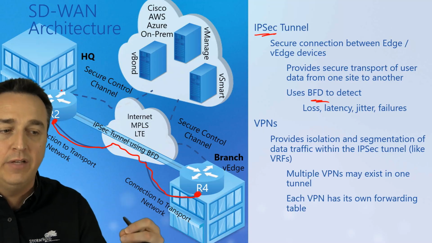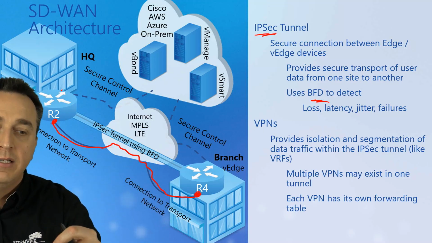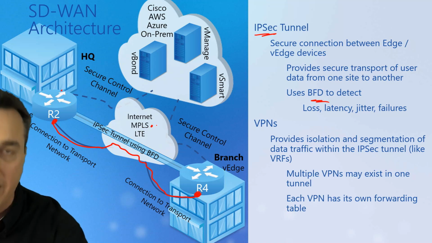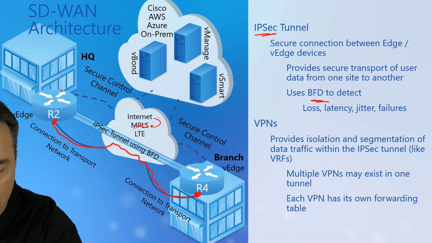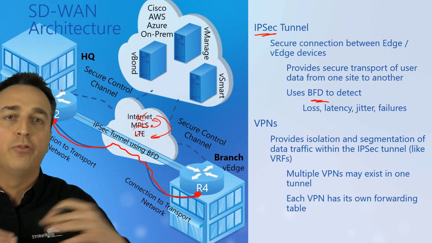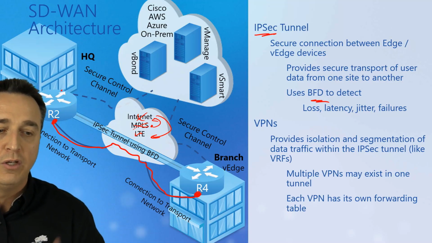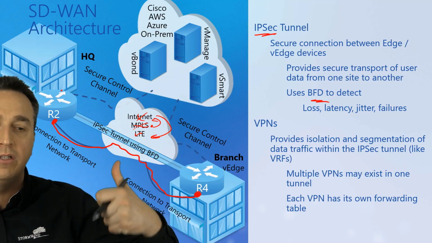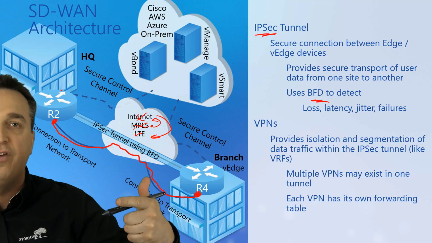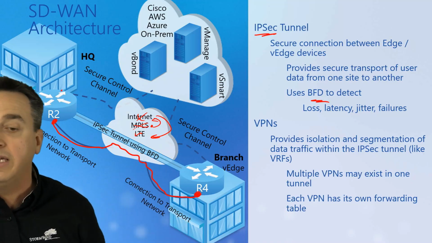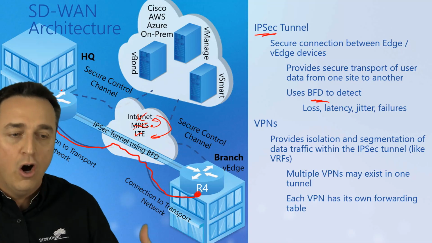It can test connectivity. If there's a loss, then we could use a backup path. So for example, maybe we're primarily using MPLS. Well, if MPLS goes down, maybe we'll have a backup of the internet. If internet goes down, maybe we'll do a backup of LTE. So we might be paying for all three of those connections, but the router is set up based on your policies to use MPLS first. If BFD detects a failure, then fall back to the internet. If the internet fails, then fall back to LTE. Possibilities, right? These are all things that we can do.